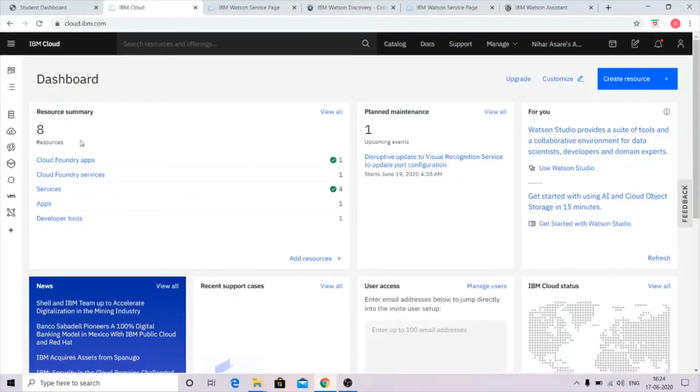Now we will integrate our Watson Discovery and Watson Assistant with the help of Cloud Function.